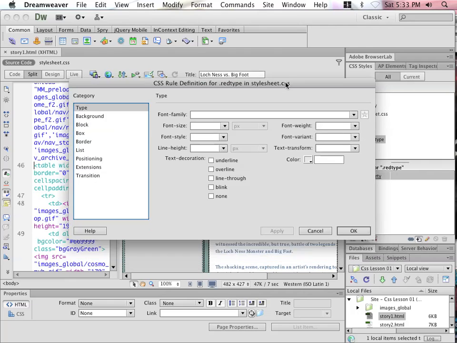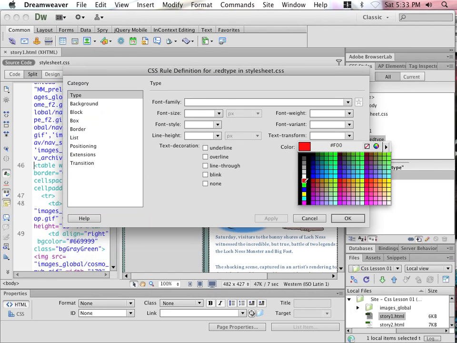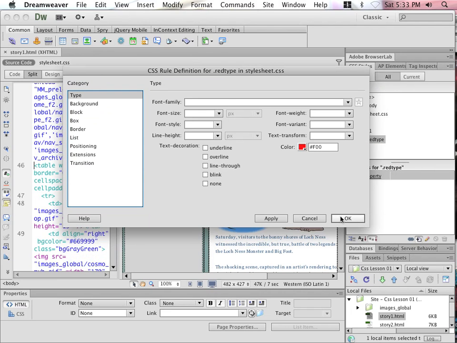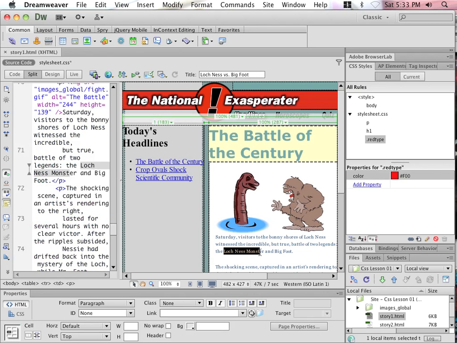And of course it pops up my properties window, and under type I'll choose the color red. Click OK. Now I didn't click apply there because there's nothing to automatically update on the screen, so it really made no sense to click apply in that situation. But what I do want to do is span across some words and then apply that style through the properties panel. So I'll highlight Loch Ness Monster,